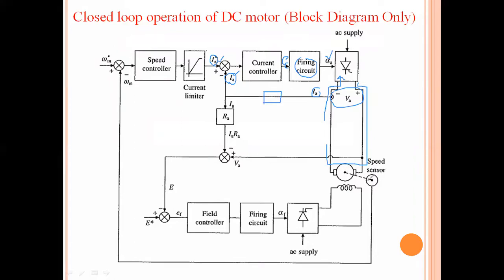And the speed sensor is used to sense the speed of this motor, and a feedback path is taken, which is compared with the set value of the speed. If there is any positive speed error caused by increasing the speed command, which means if you want to step up this speed from 1500 RPM to 1800 RPM, then the speed will be increased,